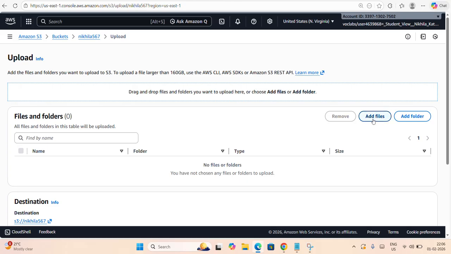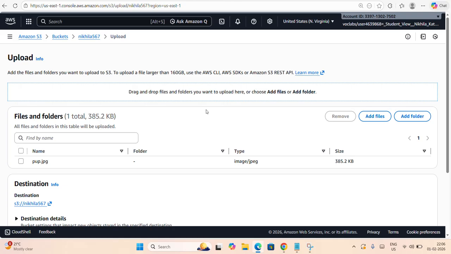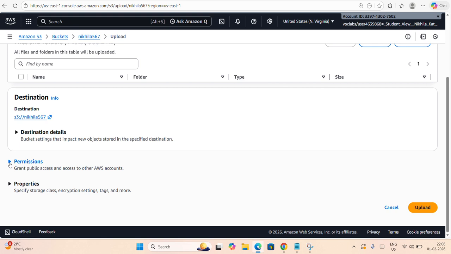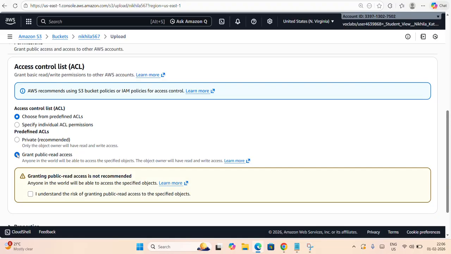So now I am going to add the files from my physical system. The objects can be anything, either text or image or audio or video or anything. So click on add files, go to your system, upload a file or object, scroll down, go to permissions,